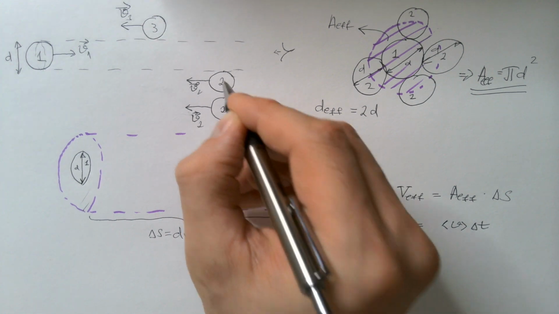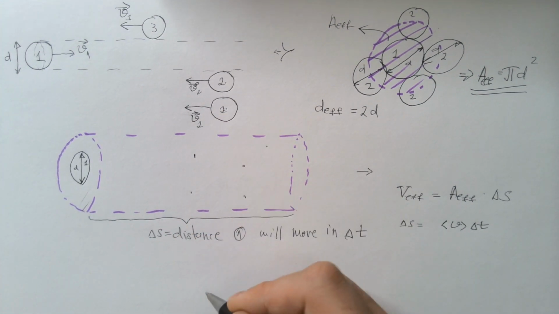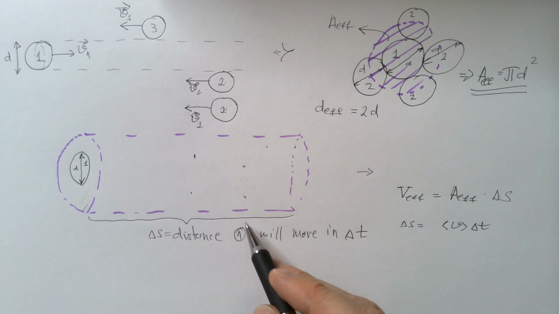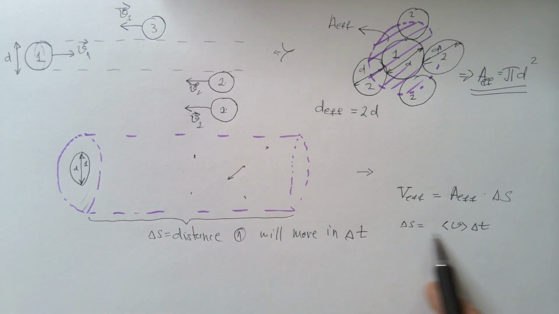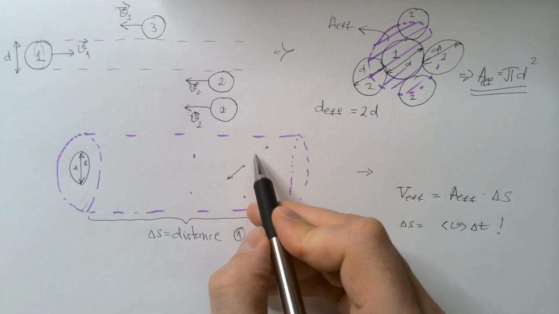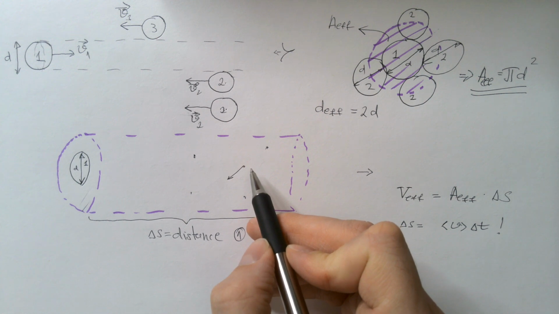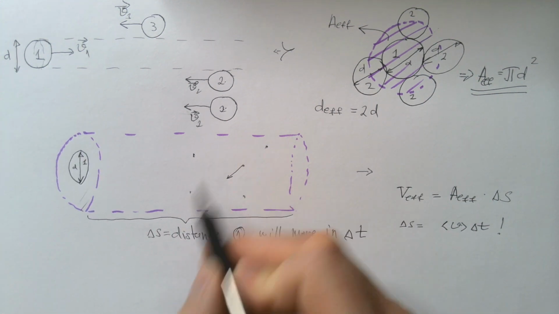These are centers of these atoms. If I have other atoms in this effective volume, they are also moving. If they were standing still, this would be the correct answer. But this is the incorrect answer, because there is a relative speed between reference atom 1 and all other atoms in